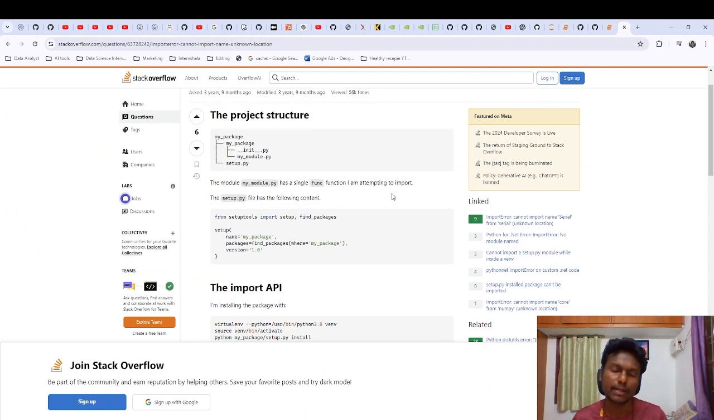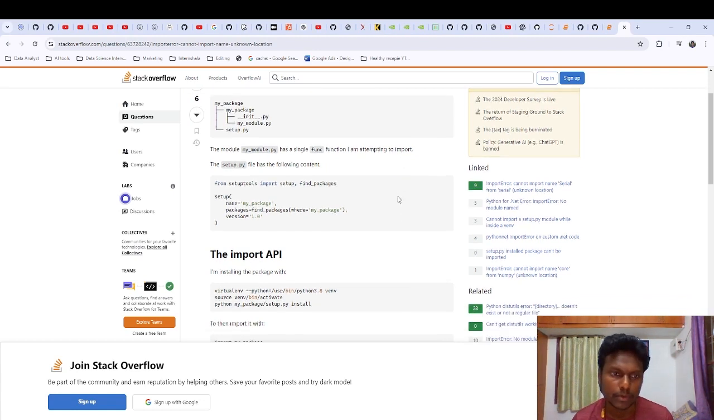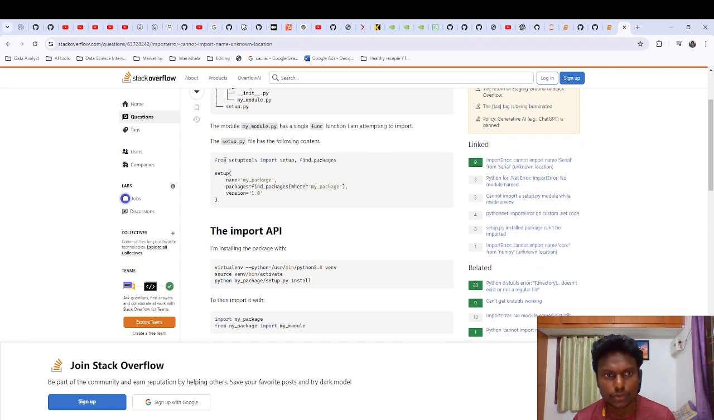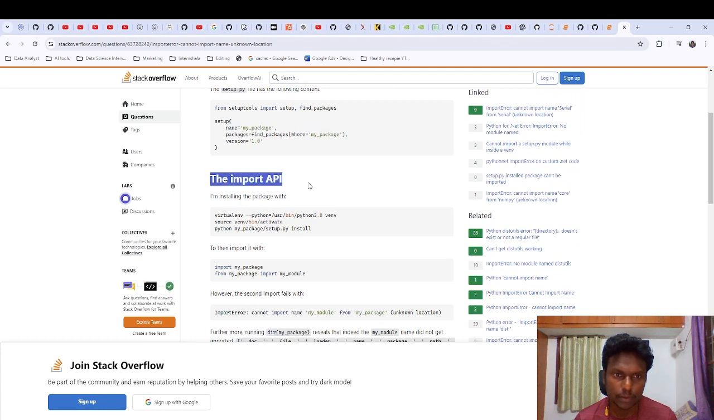The module my module.py has a single function I'm attempting to import. The setup file has the following content. For some support tools, import setup file packages. Setup my packages, package my packages. The import API. I'm installing the package with